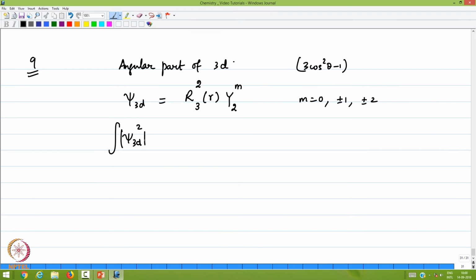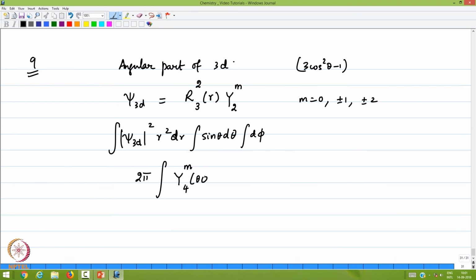I think that is important now, because the functions can be complex. Then you have r square dr, then you have sin theta d theta and d phi. So, if you take the absolute square, the exponential parts go away. So, it becomes 2 pi, the m disappears, and what is left over is the spherical harmonics y 4 m